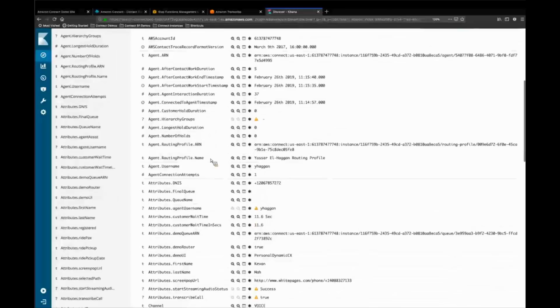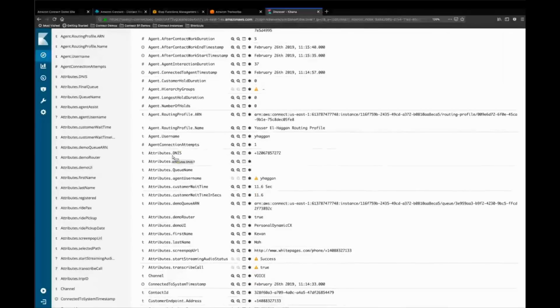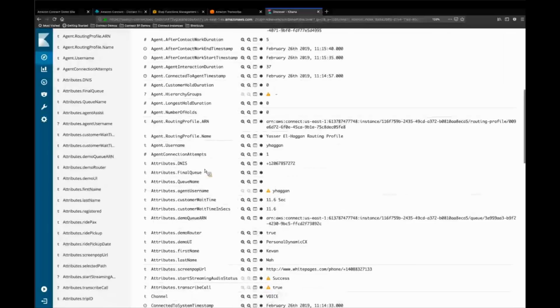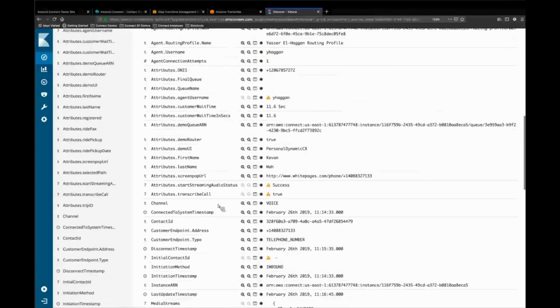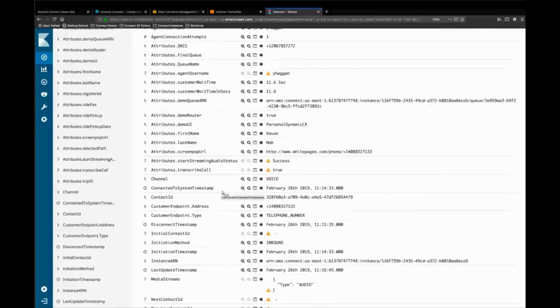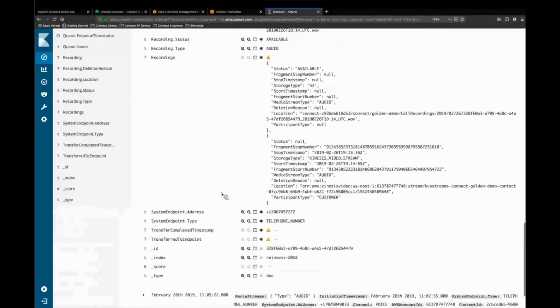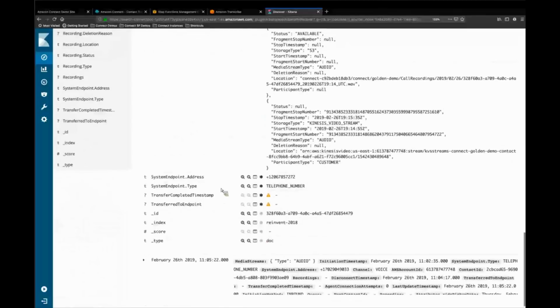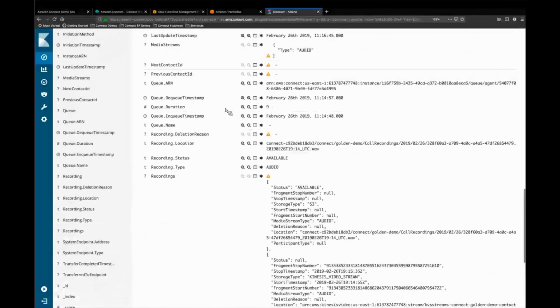More importantly, all the other metadata that we added, which are called attributes, are also made available for me as part of this record. So now in one place, I have all of the call details, I have all the metadata that I've associated to this contact, and I have all this data available to me within minutes of that contact ending. What you'll notice here is I don't have things like the transcription, the sentiment, and so forth, because this document hasn't been updated yet with those details. This is just the initial document from the CTR record being published.